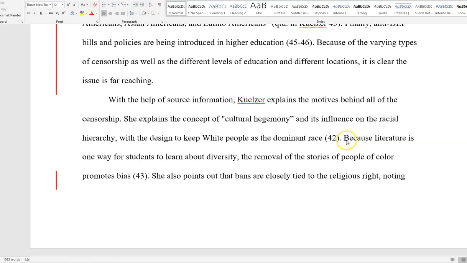This is a sentence. Because literature is one way for students to learn about diversity, the removal of the stories of people of color promotes bias. If page 43 was not there, then we would be left wondering if this sentence is Bob Sample's words or the author of the article's. Because we are citing a page number, we are telling the reader these are still the author's words, and that's really important. It always needs to be obvious what are the student's words and what are the words from